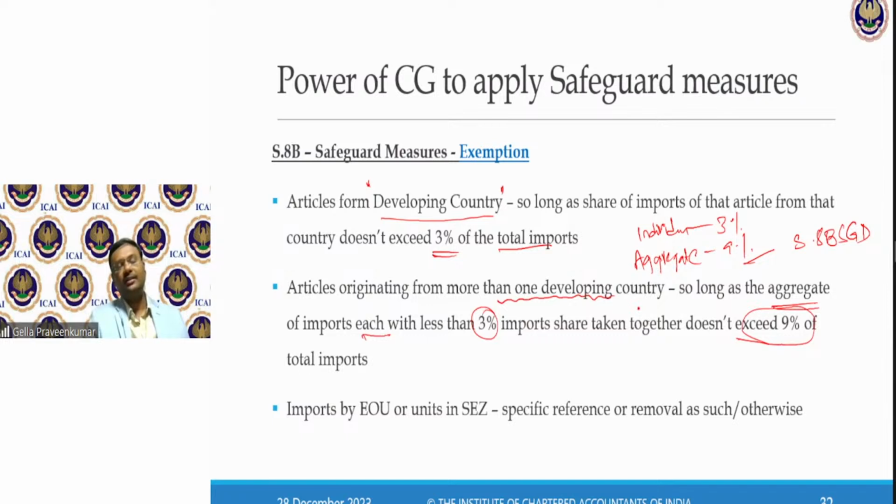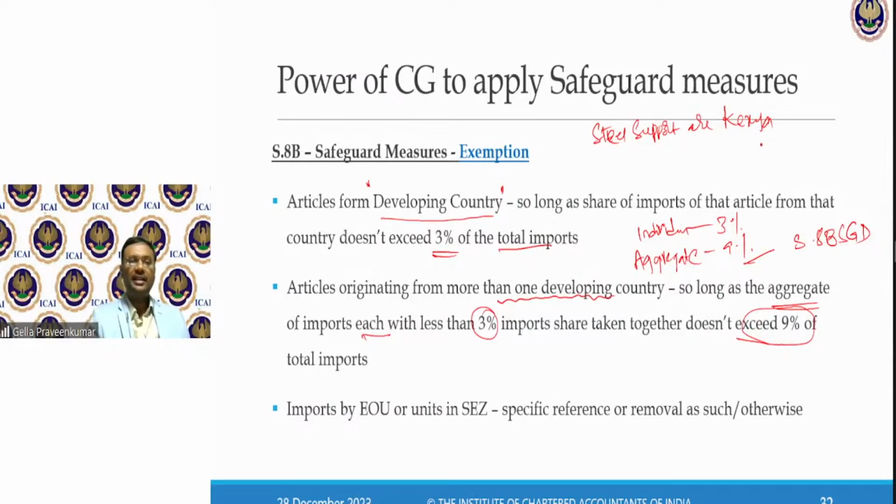In the examination, one question can be asked. Say particular steel supports are imported from Kenya. Kenya is designated as a developing nation.